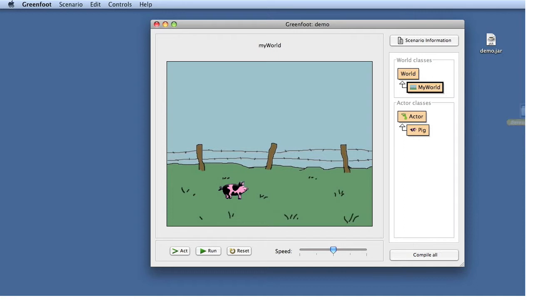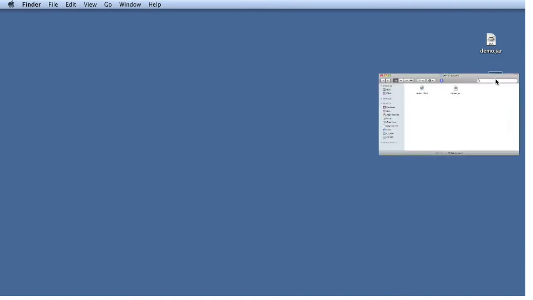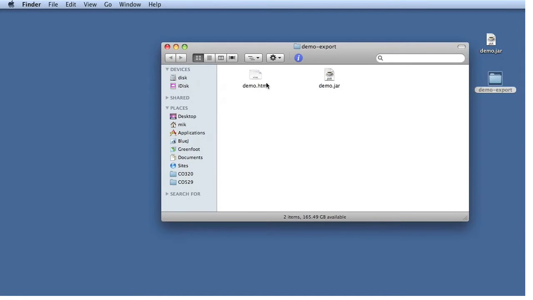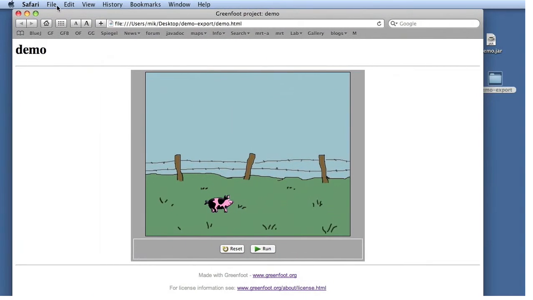What happens now is that here this folder has just been created by Greenfoot. So I get a folder that includes two files, an HTML file, a web page, and here again a jar file, a slightly different one, a jar file that includes an applet. An applet is a version of my scenario that can run inside a web page. If I open this HTML file, this opens now in my web browser,